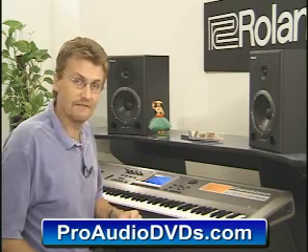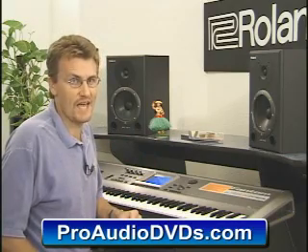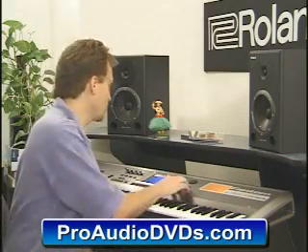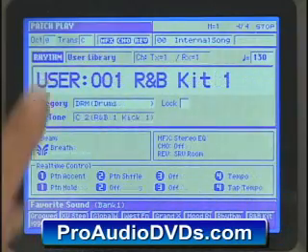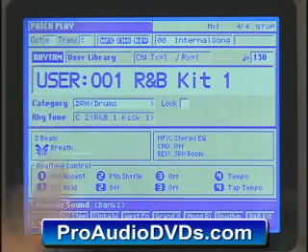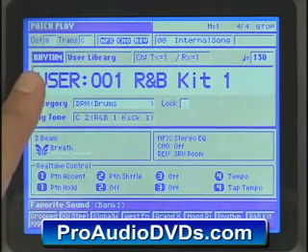Fair enough, right? But also rhythm kits live within Patchland, and you can get to them by placing your cursor where it says patch and turn the value dial. Voila, rhythm. Now you can be scrolling through rhythm kits. You'll notice that we have